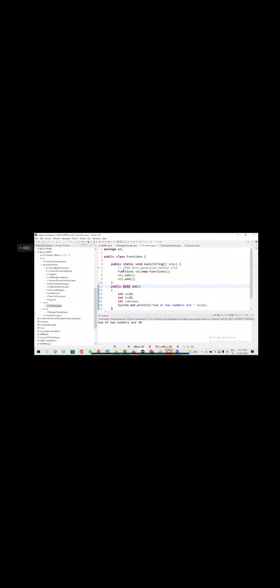Always remember, private is local to the class. Default is local to the package level. Since it is a default, it was not allowing me to use it here. Once I declare it as public, see, immediately the error is gone. It was giving an error because it was not public. It was a default. Now I add public, it automatically allows use.